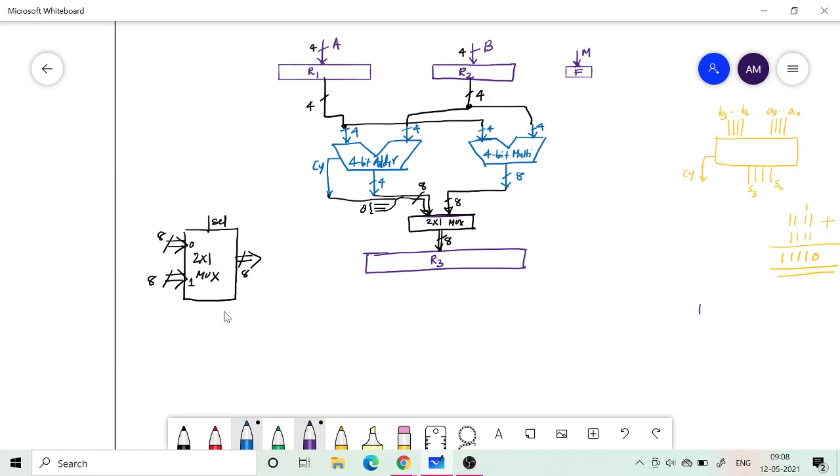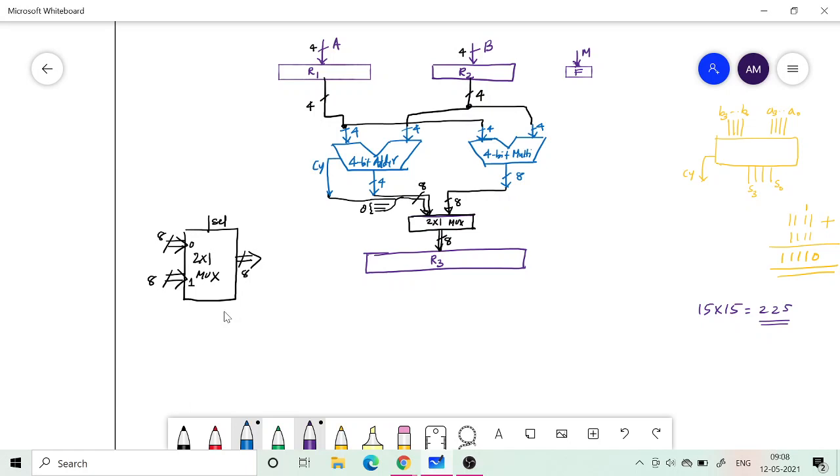If you multiply 15 into 15, you know that the result is 225. So you require 8 bits to denote 225, right? So that's why the output of the multiplier is 8-bit, whereas the adder will only require 5 bits. So what about the additional 3 bits which we need to give at the input of the multiplexer? So we need to append it with 0. So 3 bits are connected to 0 permanently. Is that clear now?